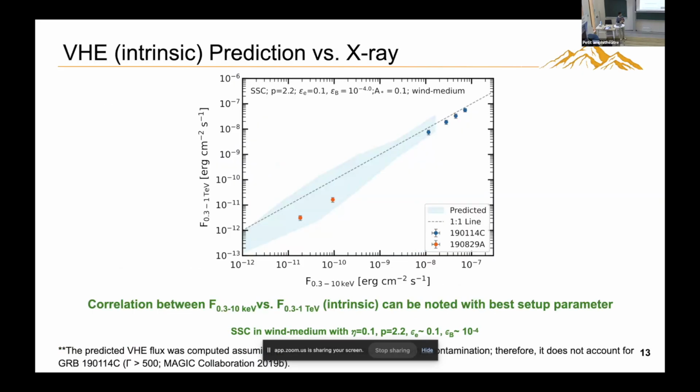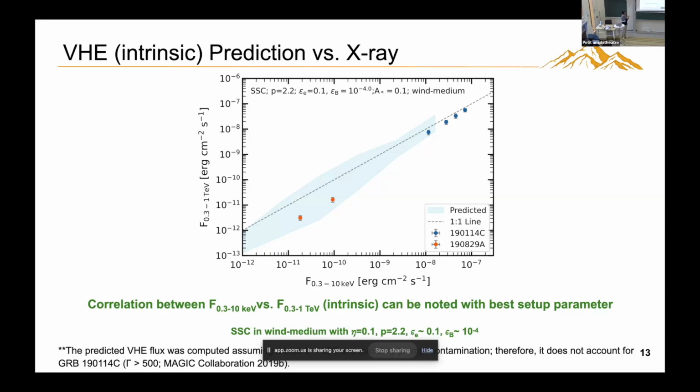Next, since we have explained all these observations, I would like to see whether we can predict the very high energy emission from the GRB afterglow. We chose the parameters we found before and predicted this very high energy emission. Since we know that for the TeV, we have observed that the intrinsic very high energy flux is comparable to the intrinsic X-ray flux, we would like to compare in the two given ranges.